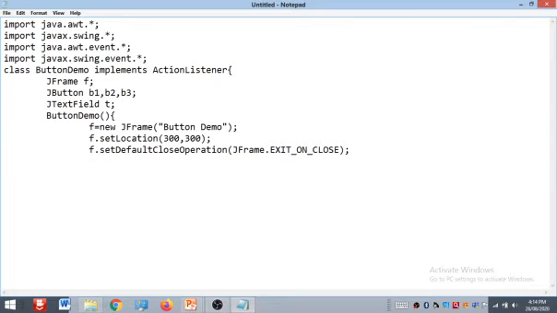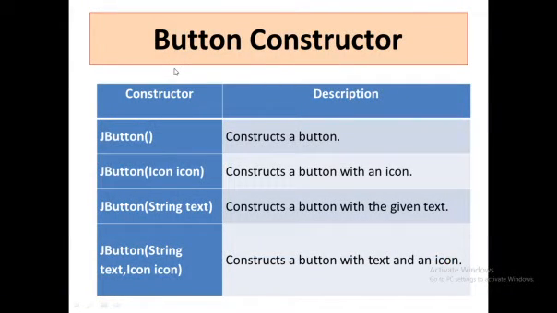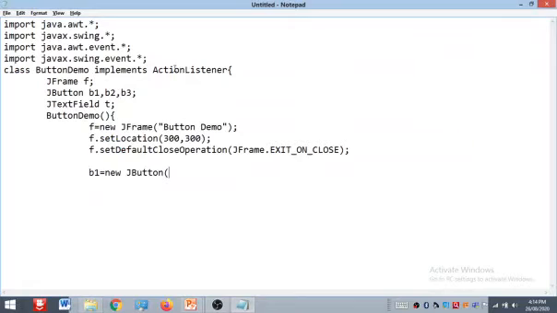Then now here we create the button, initiate button one. New JButton. How to create a button? We can observe these constructors, right? With this button we provide, suppose, yes.